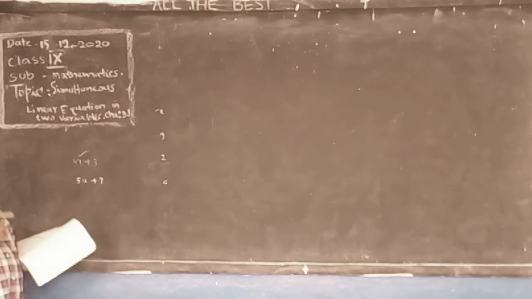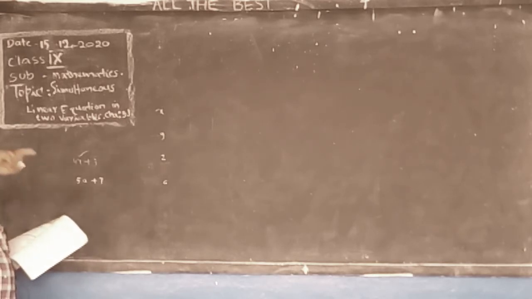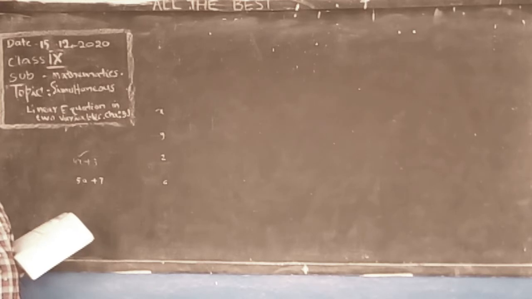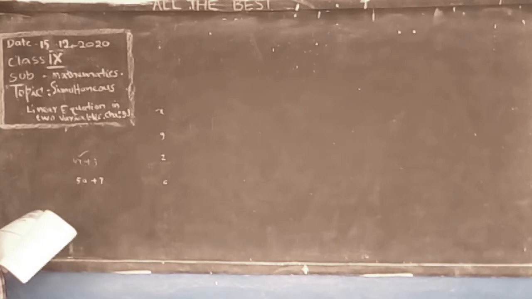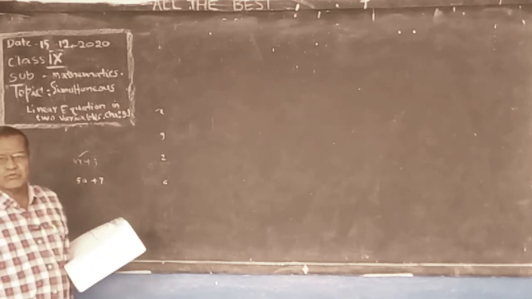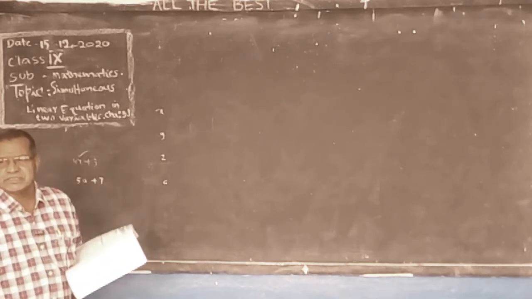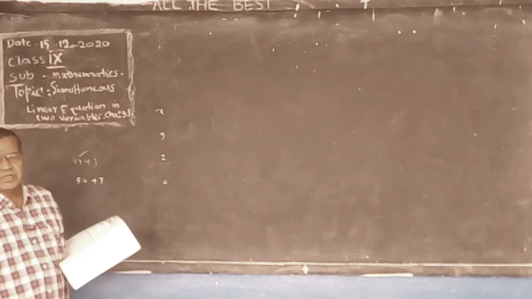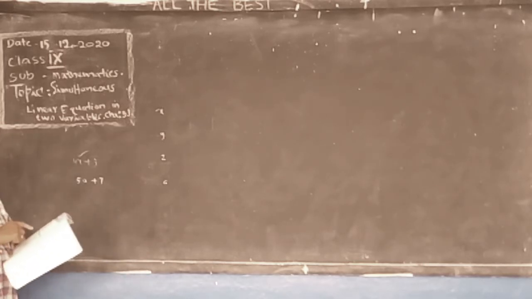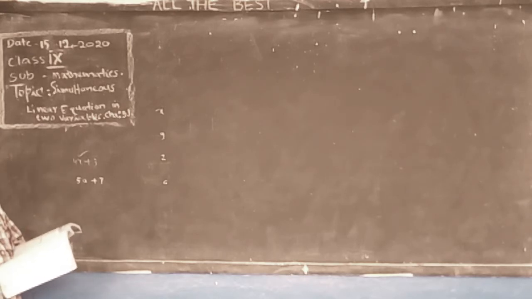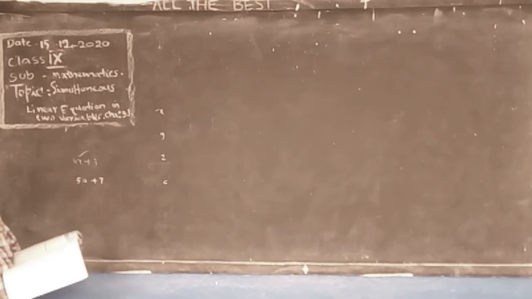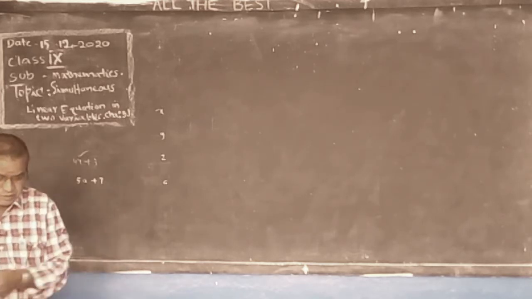Why do we say this is a linear equation? Linear equation means we can draw a line on the graph. By taking coordinates, we can draw a line. So it is called linear equations in one variable, and linear equations in two variables. In two variables, adding the same number, subtracting.